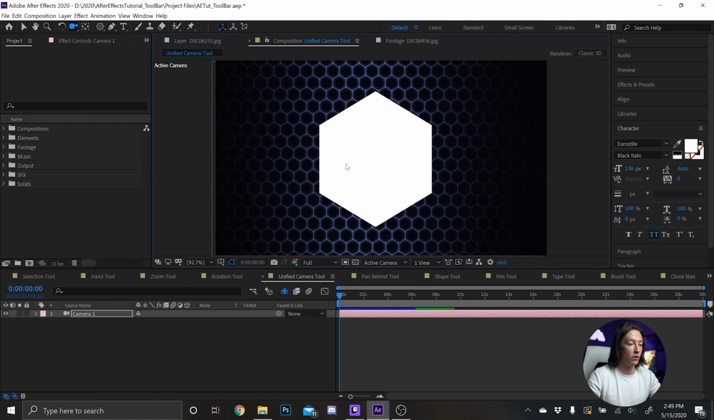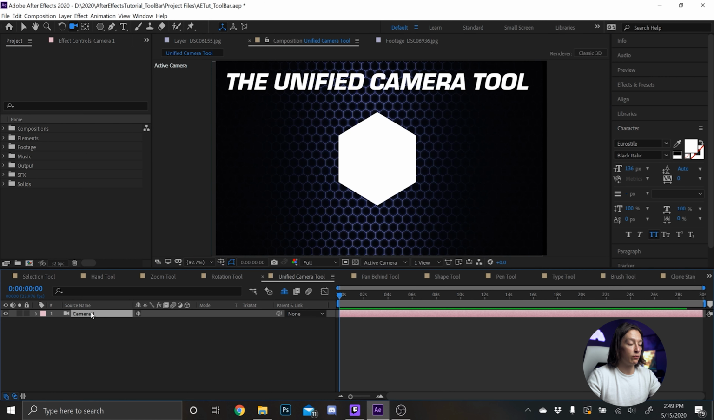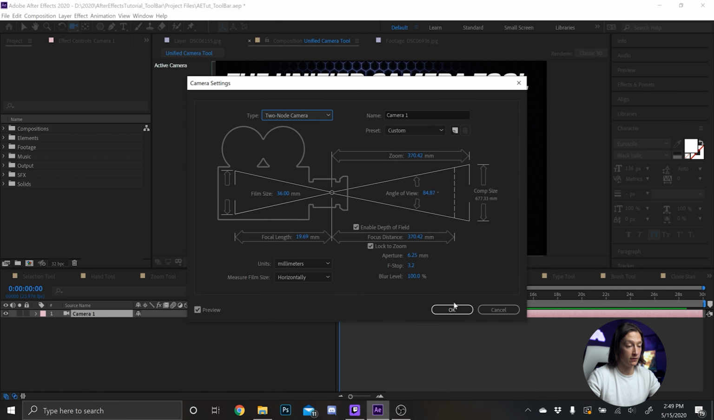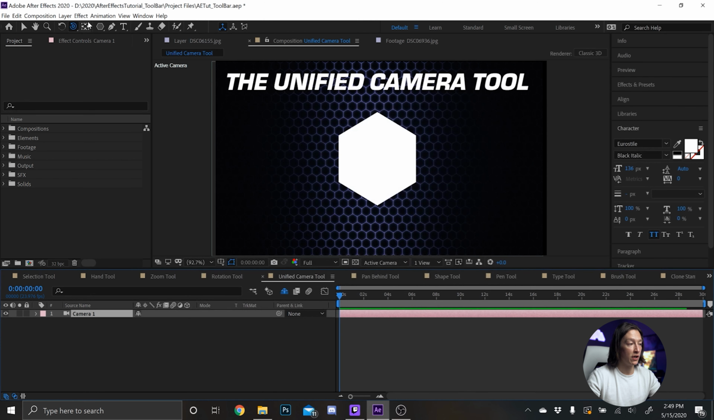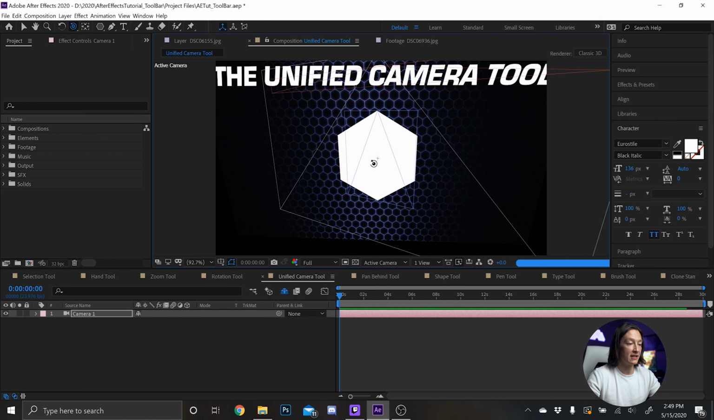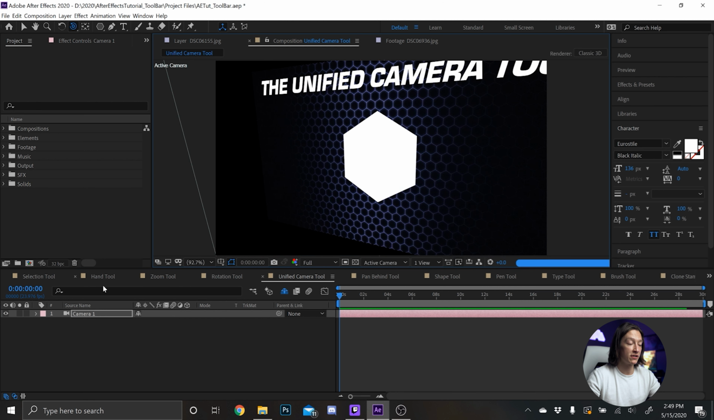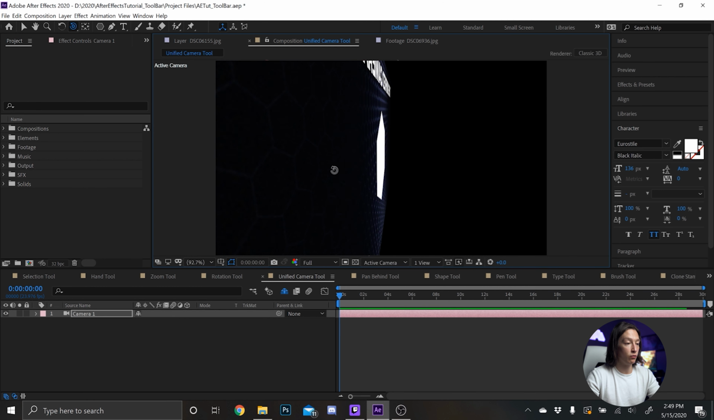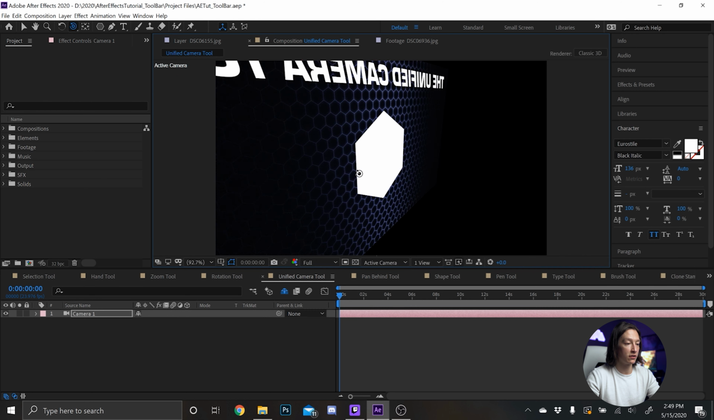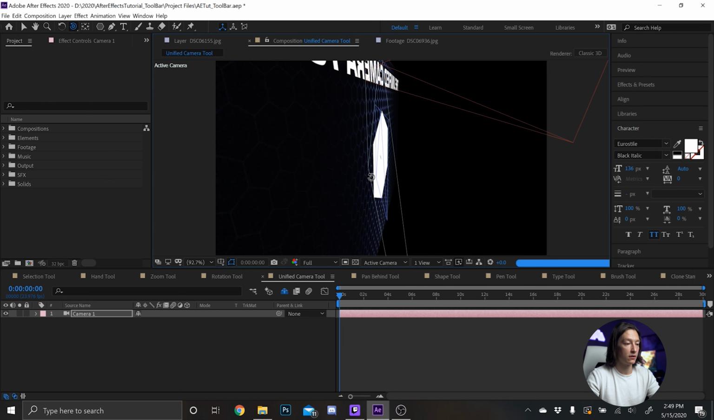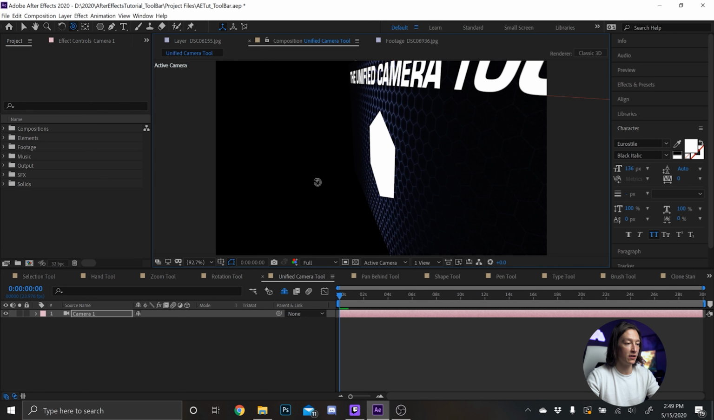Now, let's undo all of that, reset it, and then we're gonna double click on that camera and set it to a two-node camera, and then click OK, and if we hit C again to that Orbit Camera Tool, we can see that now it's going to be orbiting around a center point. So if we were to, say, move around to like this position right here, that's pretty cool and funky, then we go to the position property and we make a